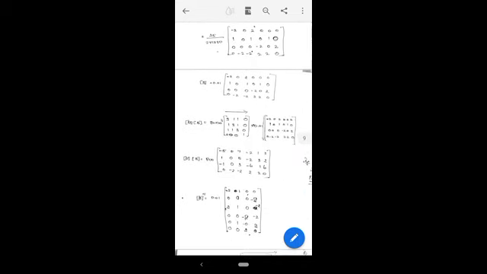Here we need to multiply the B and D matrices. You can multiply row and column. First row is 3 1 1 0. Here the first column is minus 2 1 0 0. You can multiply 3 into minus 2, which is minus 6, and then 1 into 1 is plus 1. The next two elements give 0. So minus 6 plus 1 is minus 5. That's why we can write minus 5.